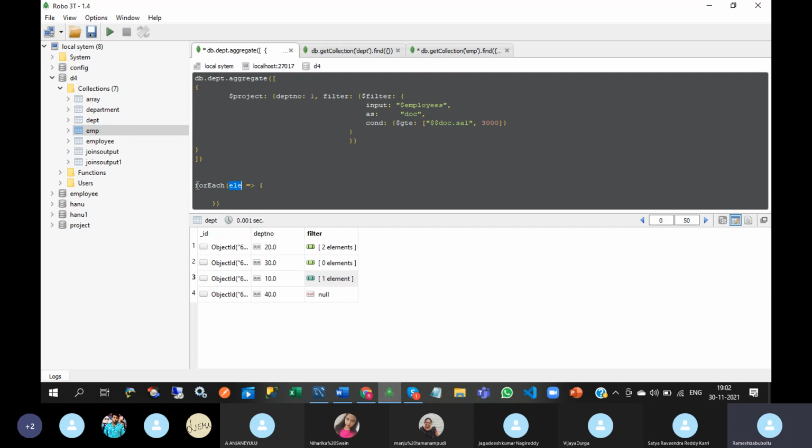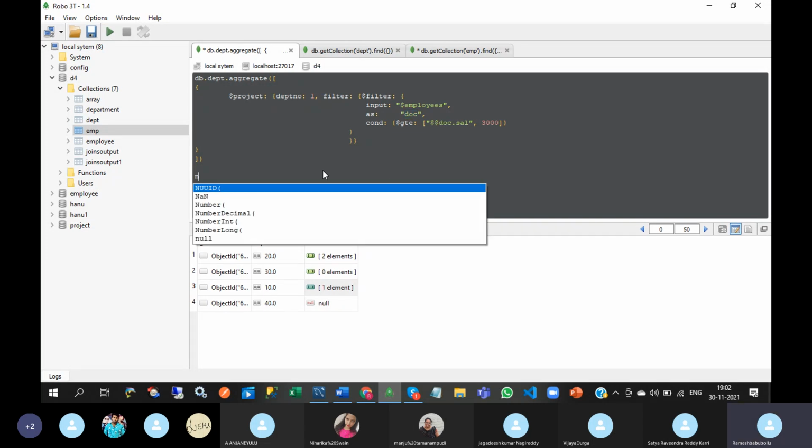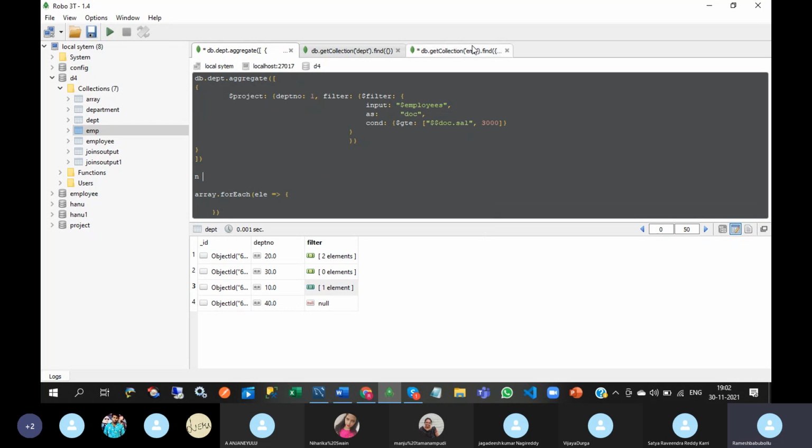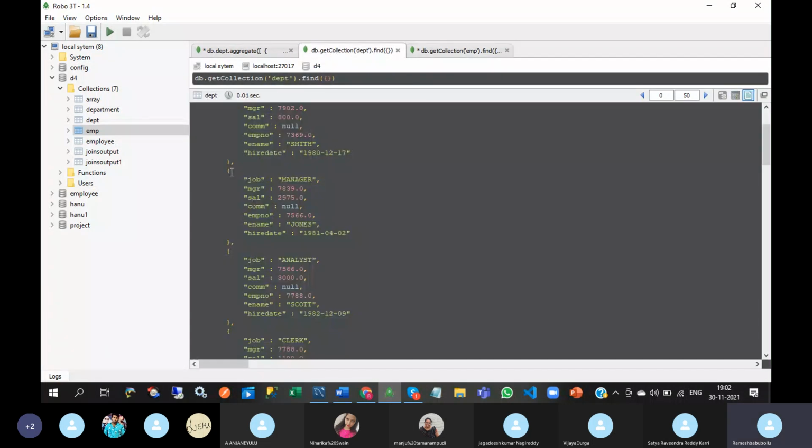So here you use array dot forEach. In this array, you are taking one element, the first object. One by one, you will take each object, and the first object will be passed to the element so that it will process. Suppose n objects are there.